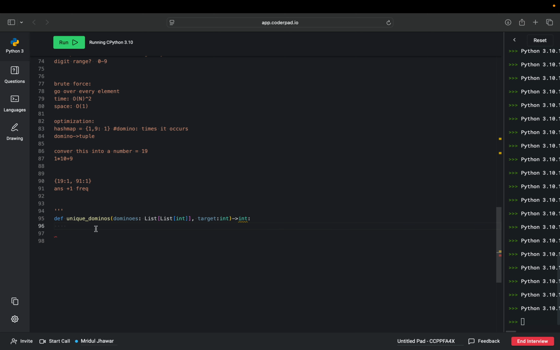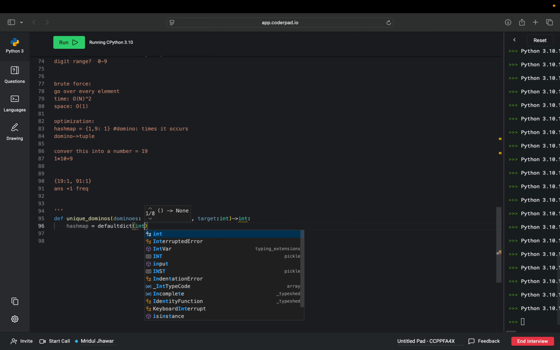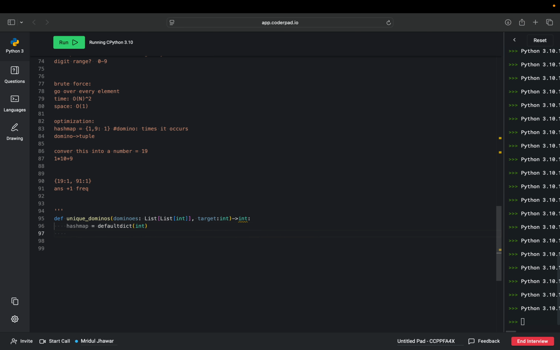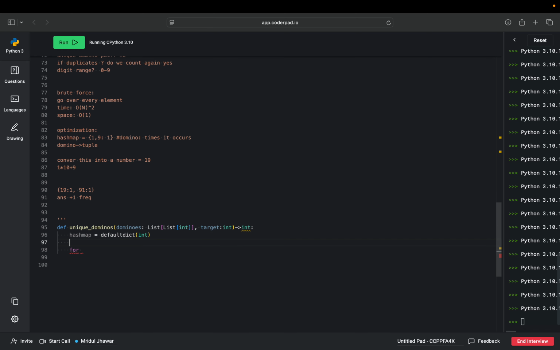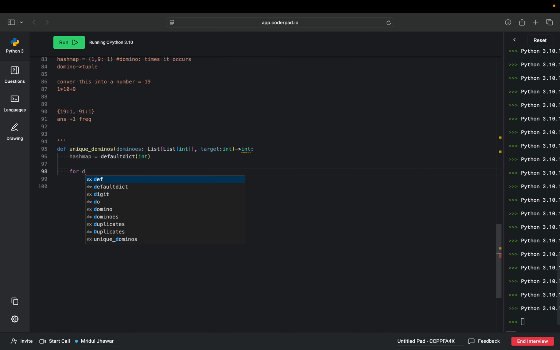Okay, so hash map is equal to this. I could just use a defaultdict so I don't have to deal with missing keys. And for dominoes,